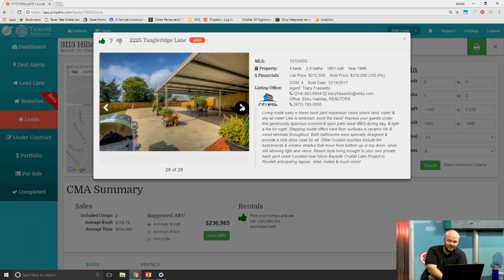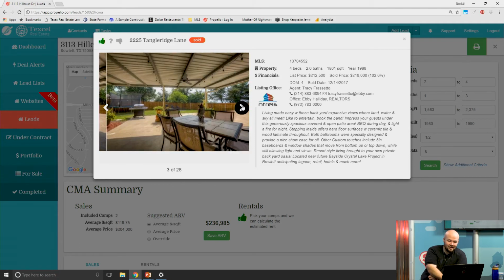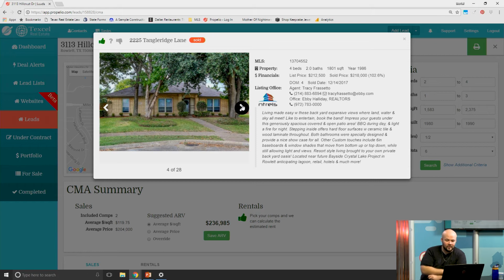Keep on going. Did they seriously not put any photos of the front of... oh, there we go. We're in the same situation where we've got a rear entry garage. So, do I think it's comparable? I may just go ahead and call it comparable and then maybe discount my property a little bit for the fact that I don't have the rear entry garage.